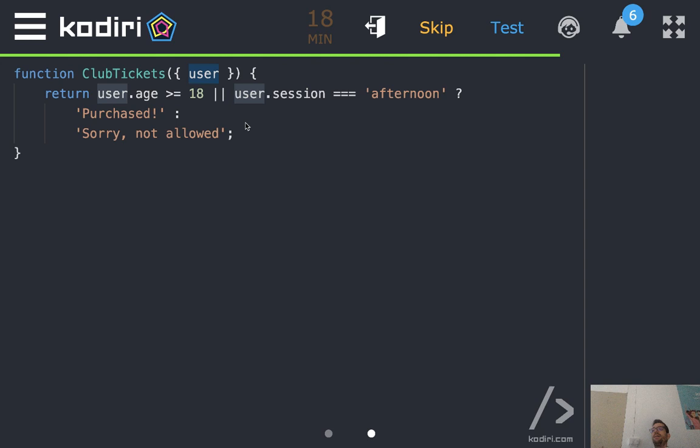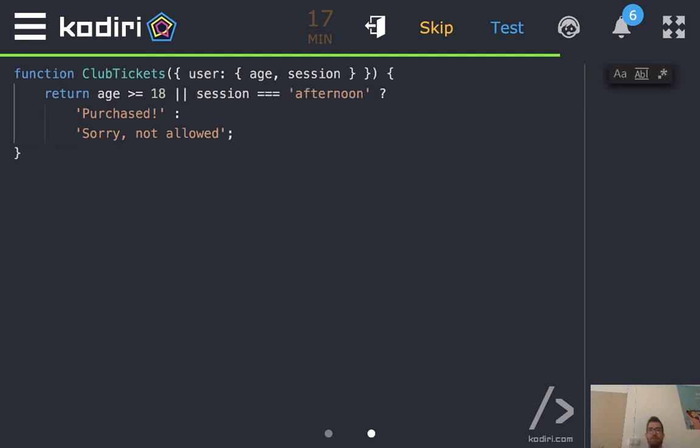So can I destructure the property? Can I go one level down? Yeah, of course I can. Look, I can do user. This is super powerful. And now, age, session. So I'm destructuring my object twice. And if I do that, boom,